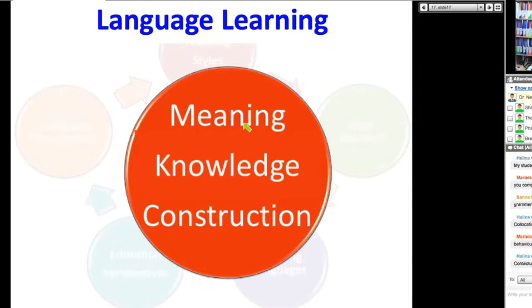So body language, it's really important to have body language. So you need to see the teacher. You need to see the person in front of you. And you need to see a lot of language speakers. Okay, you need to see them. A lot of nonverbal, that's right. A lot of emotions. Okay, Helena, I think you're going to love this.